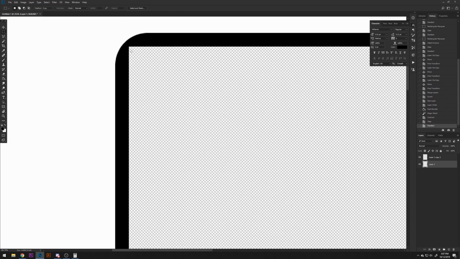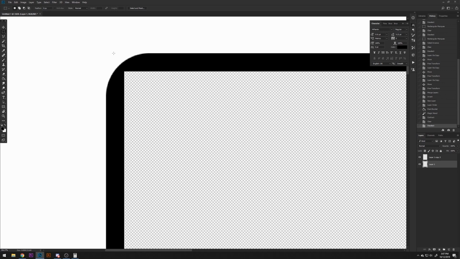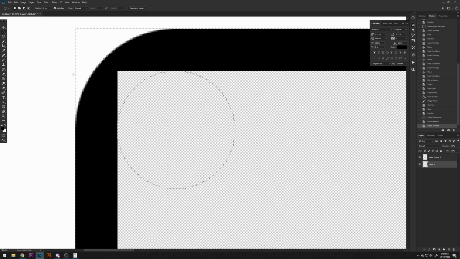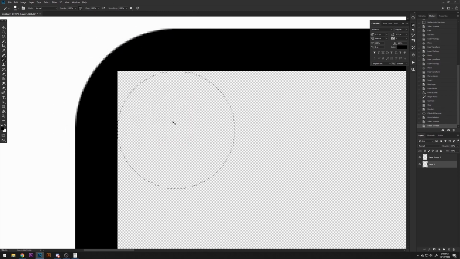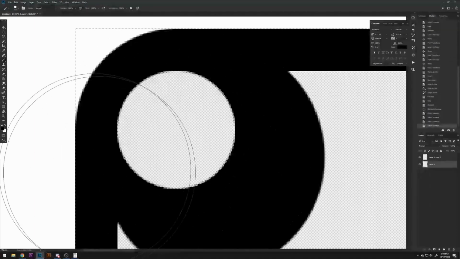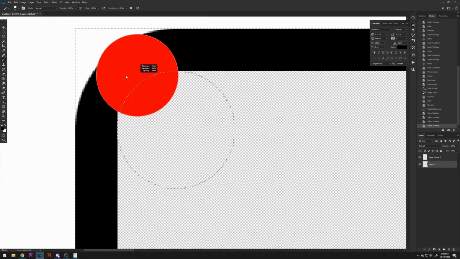Now we want to fix this because that just does not look good. There's going to be some math here. 0.138. Hopefully this looks right. I didn't do well in math, so I might be wrong. Control Shift I to invert your selection. If we just left it like this, it would be just a circle. But we want to invert it so that we have the area around it selected. And then we just want to fill in